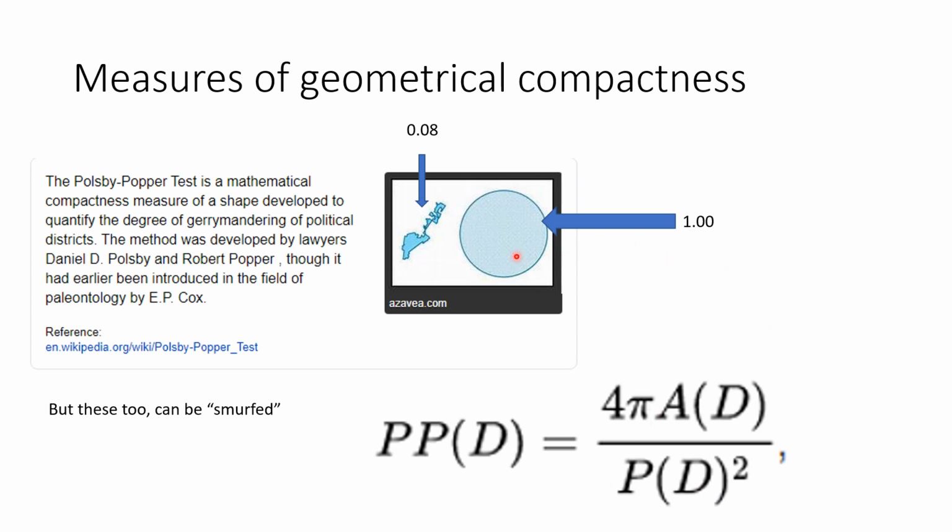And this is 1 if it's a circle, and this little thing that looks like a toilet brush has a measure of 0.08. This is better than this. But these two can be gamed, and that gives rise to